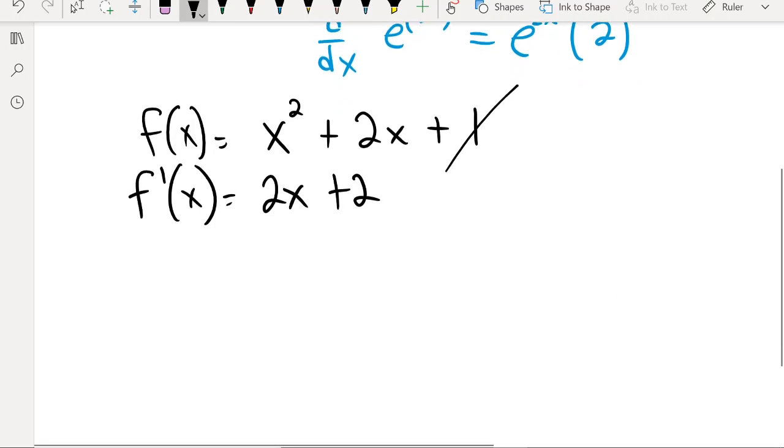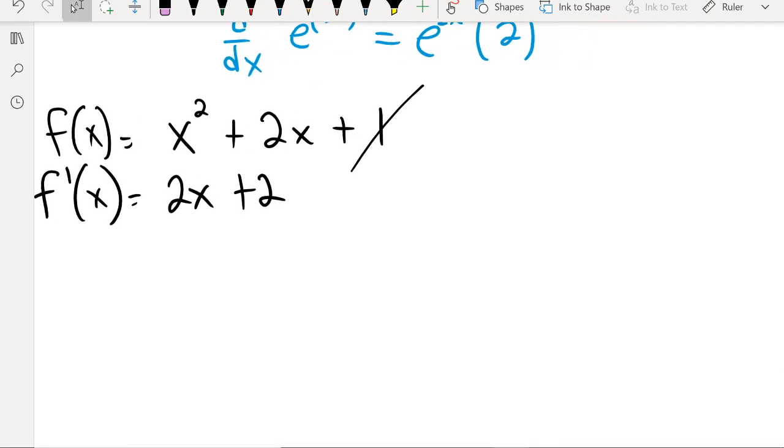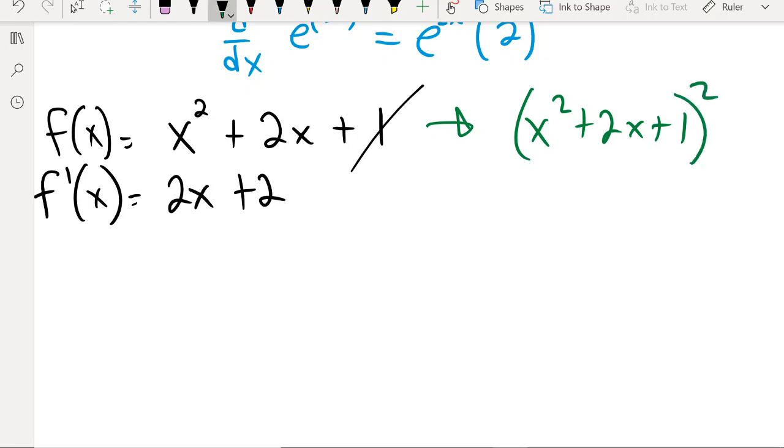Now, let's make the function a little different. So let's say instead we do x squared plus 2x plus 1, all squared. And I want to take the derivative. So now this whole thing, this whole x squared plus 2x plus 1 thing, it's all